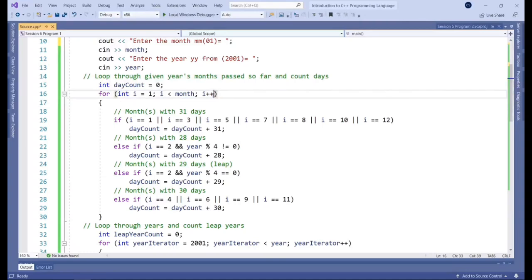The benefit of the for loop is that all of the settings for it, or the instruction set in terms of how many times it's going to loop, and the variable that we need to actually accomplish the looping, all of that is defined within these parentheses here.